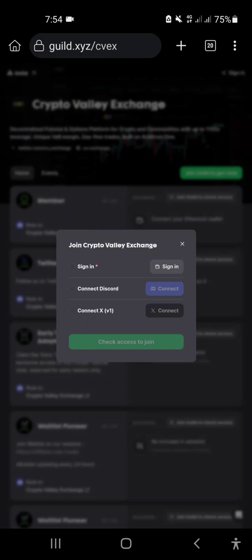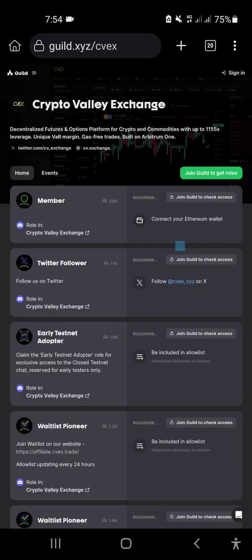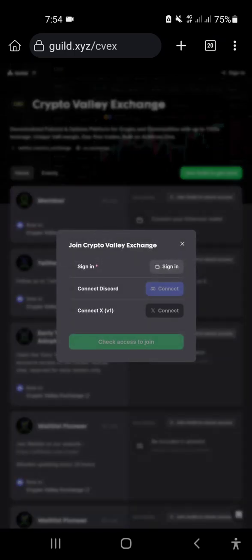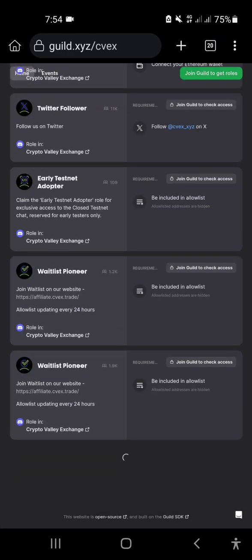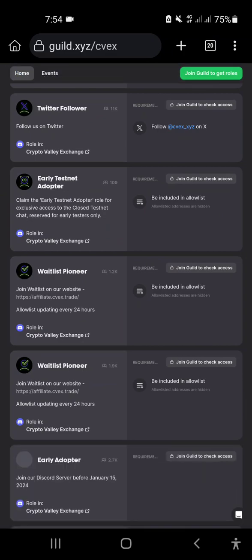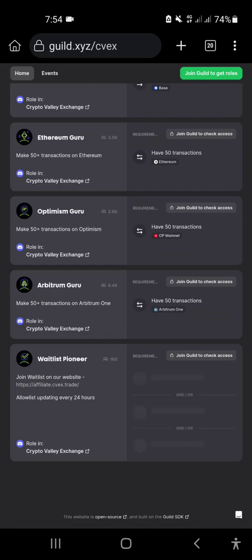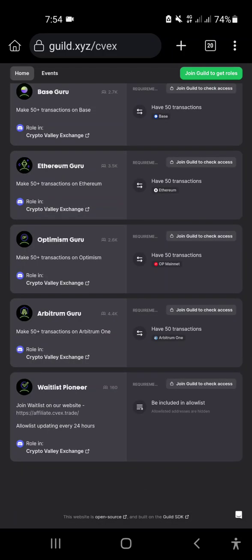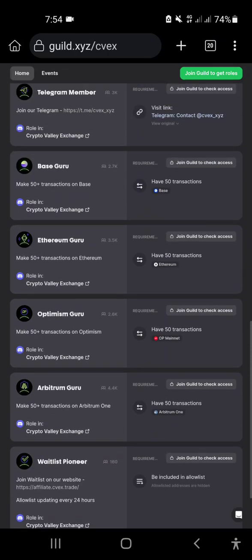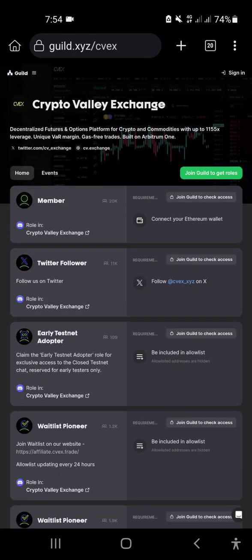After connecting Discord, connect Twitter, and click on access. Twitter is the same. If you follow them, it will be done. After doing that, join guild and check access. Click on here and do the same way. You need to first connect your Ethereum wallet, your MetaMask, as well as Twitter and Discord. There are a couple of tasks here. I haven't completed this task yet. I will do it in my routine. It's my curating video, this time I'm doing content, and that's it.